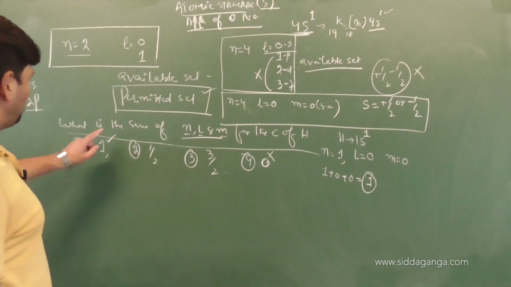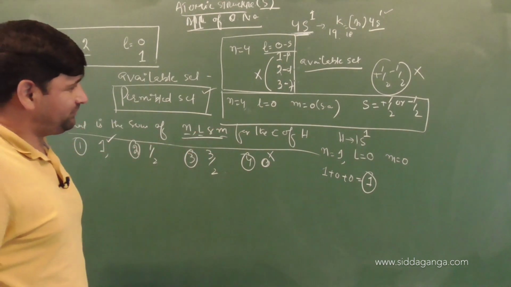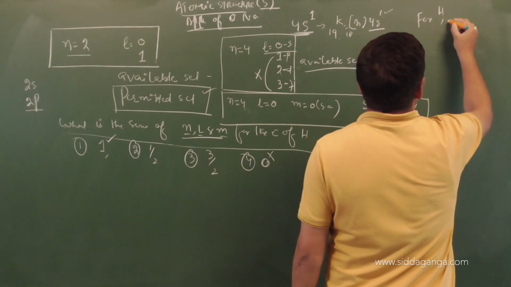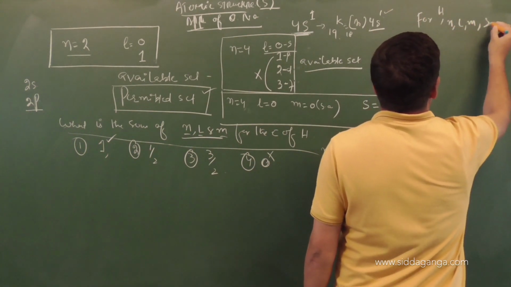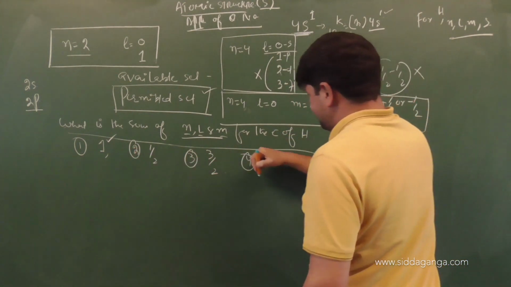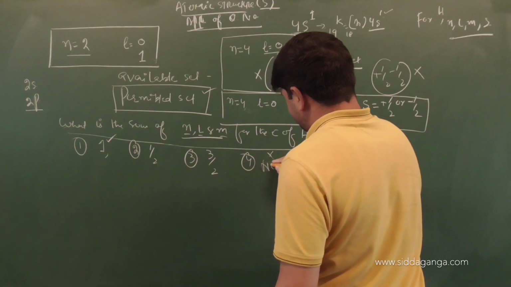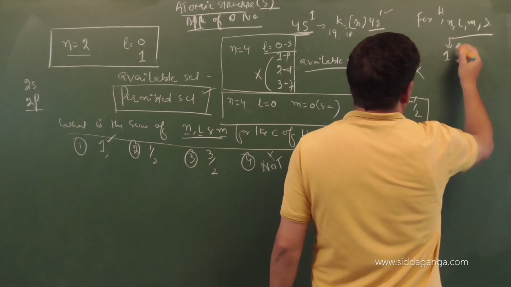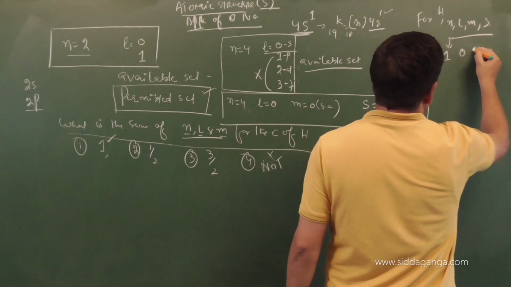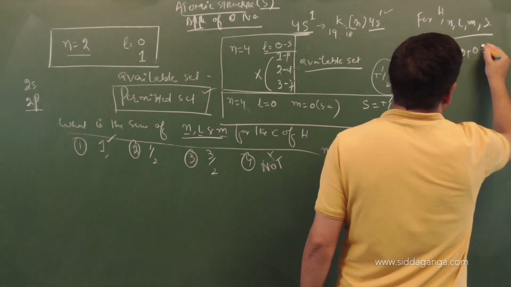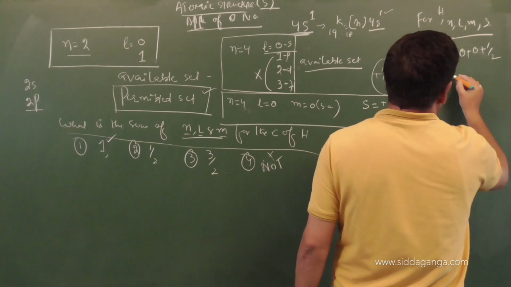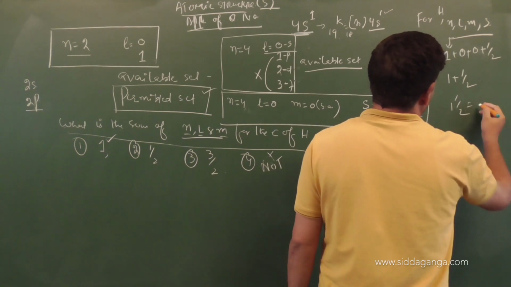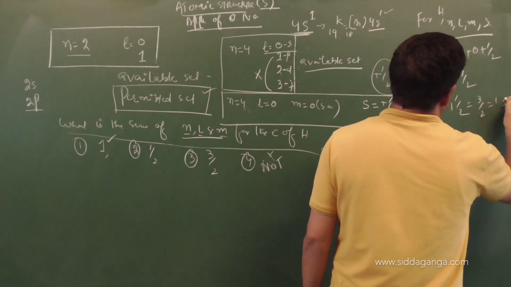So what if the question was, what is the sum of N, L, M and S for hydrogen? Let us see the same options, and instead of this, we will put the option as none of these. Now, the N value we know. What is the N value? 1. What is the L value? Again 0. What is the M value? 0. Right. What is the S value? Plus half. So it will be 1 plus 1 by 2, that is 3 by 2, that is 1.5. Am I clear?